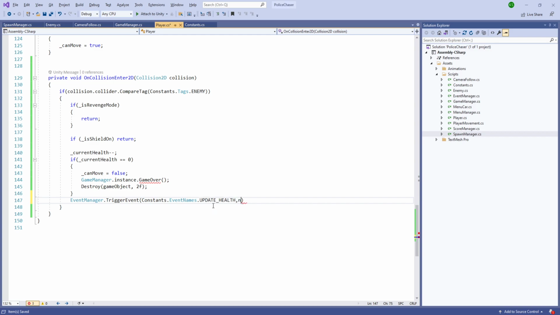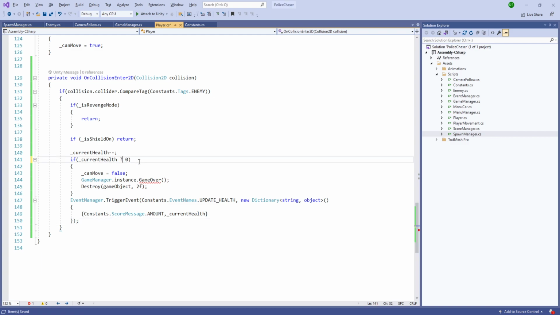The health is going to change, and for the value we are going to pass the string name, which is going to be constants dot score message dot amount, and the amount we are going to pass is the current health. So whoever is subscribed to this event will have its health checked,